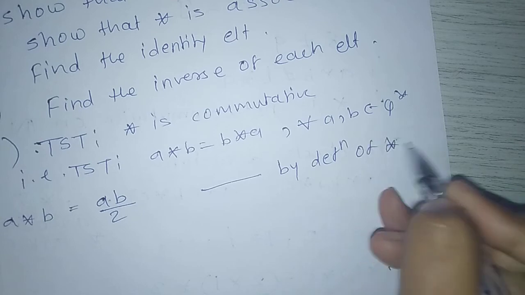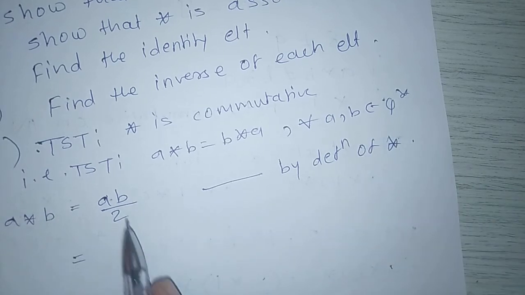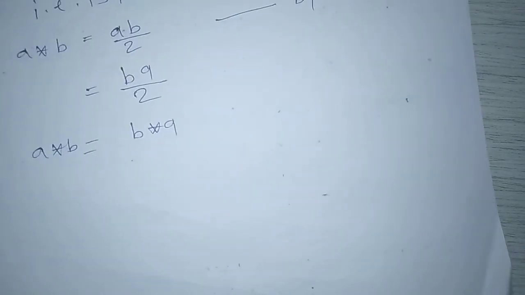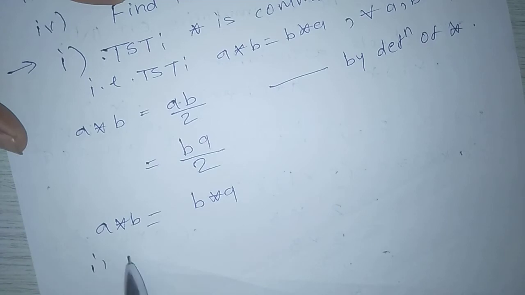AB upon 2 can be written as B into A upon 2, and B into A upon 2 is the definition of B star A. Therefore, we get A star B equal to B star A. Therefore, star is commutative